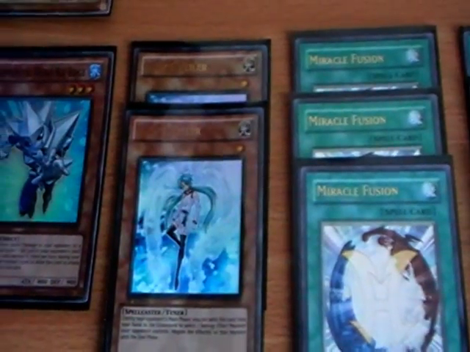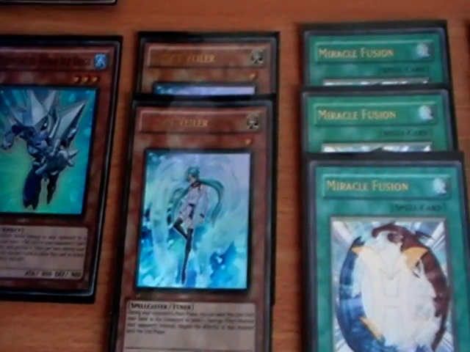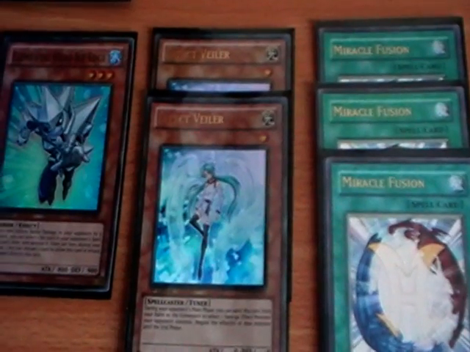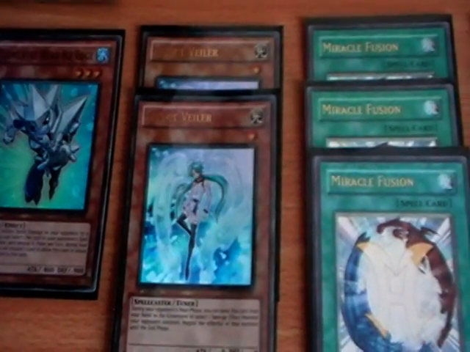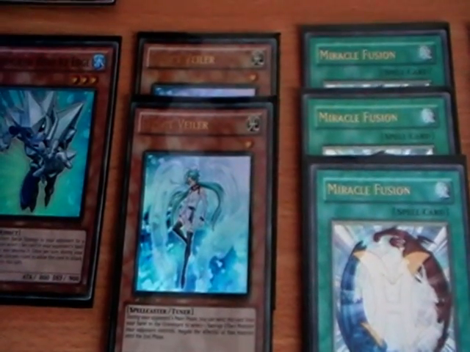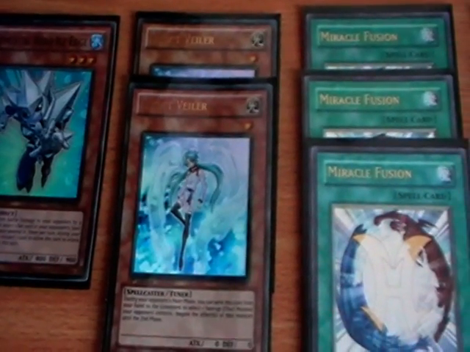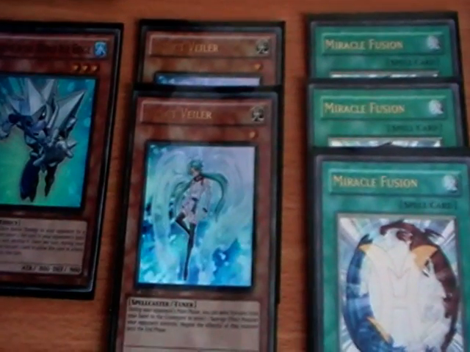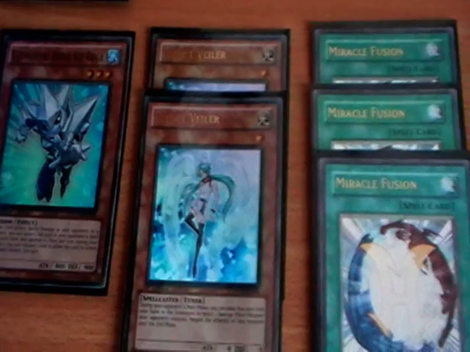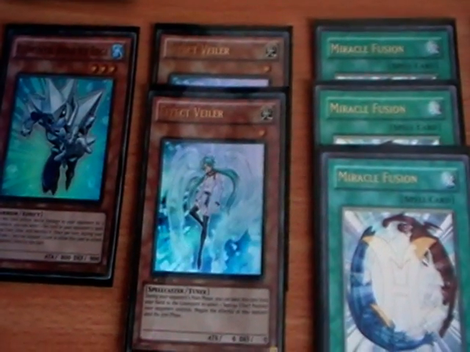2 Effect Veiler, this is really good. It's standard in the hero deck because of Bryonak, because of Trishula, because of Twilight coming out now. Judgment Dragon and Blackluster Soldier especially will hurt the Shining, because Blackluster Soldier removes them from play. Obviously people are going to be running Chaos Sorcerer as well, so the more monster effects that remove things from play